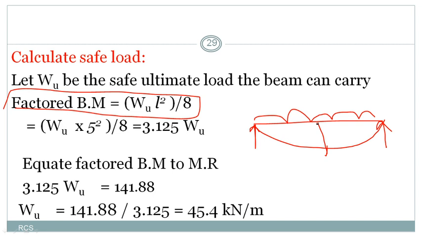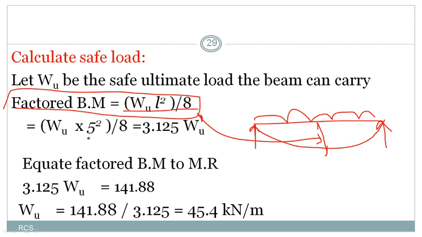We will get the maximum bending moment here, that is equal to wL square by 8. This is what we have discussed, or you might have learned in our strength of materials topic when calculating shear force and bending moment for different types of beams, especially simply supported beams. You may come across this condition, wL square by 8, and as we are calculating factored bending moment, we have to substitute the factored load, that is wuL square by 8.